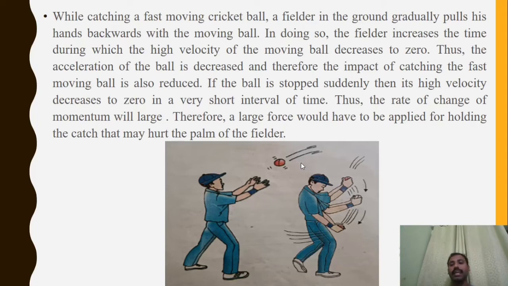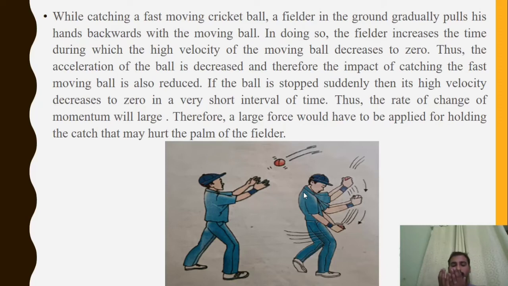If the ball is stopped suddenly, then its high velocity decreases to zero in a very short interval of time. Thus, the rate of change of momentum will be very large. Therefore, a large force would be applied in holding the catch, which may hurt the palm or hand of the fielder. You can clearly see in the picture what it says. If the fielder is trying to catch a ball which is coming downwards with a high velocity, holding his hand straight, a large amount of force